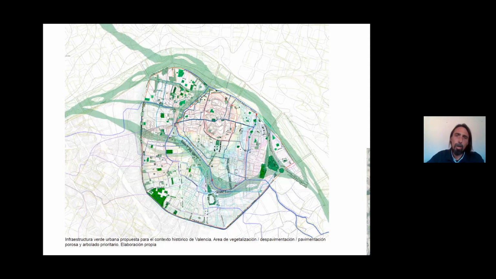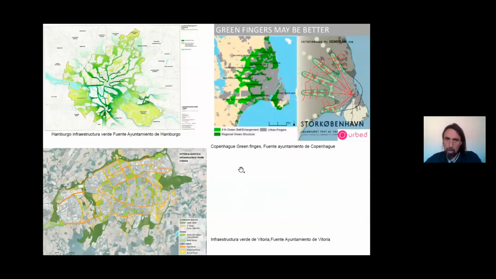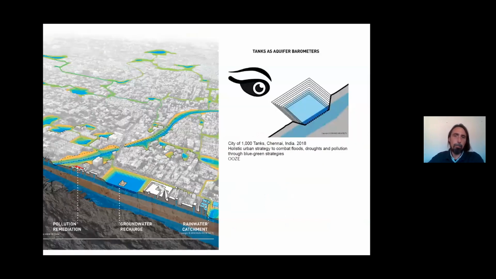And I realize that there is the presence of other aspects, anthropological aspects, agricultural aspects that take us back to the past. So this project echoes Bourg, Copenhagen, Victoria, and other interesting projects in India, Chennai, for example, with water tanks.